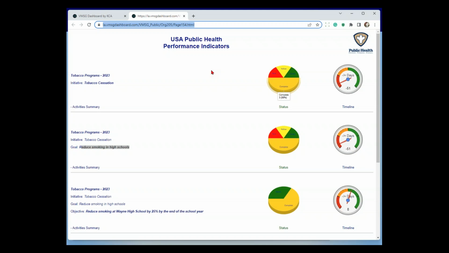You can also give that to your IT folks and say, hey, please put up a link on our webpage so the public can go in and view the status of anything. You can't get from here back into the system, so it's all completely isolated, but it does give you just a graphical reference of the performance.